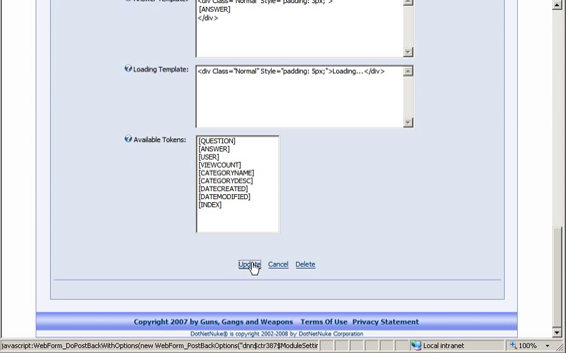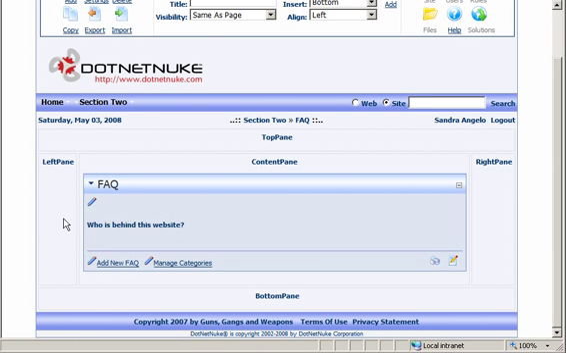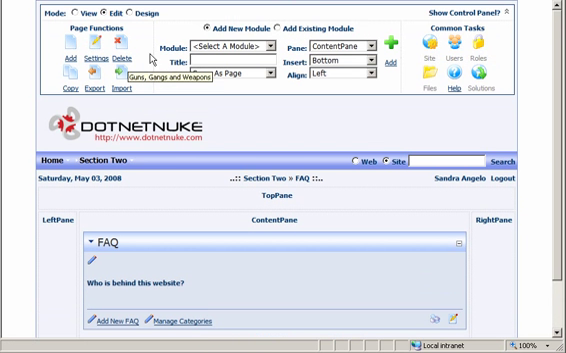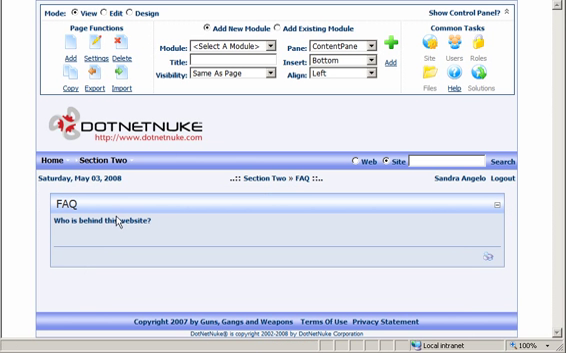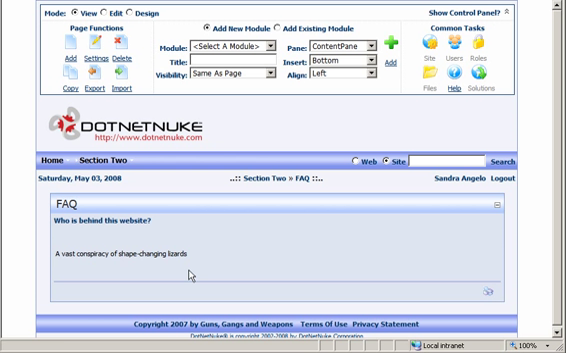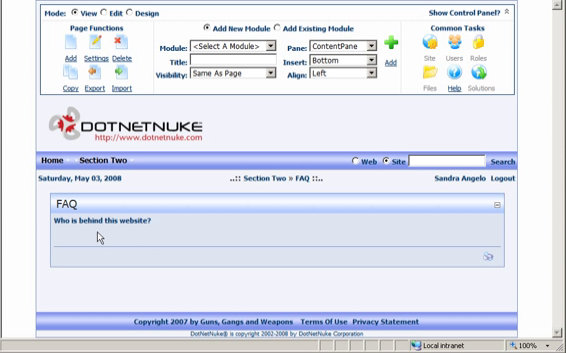Let's go into view mode. So this is what the user would see. Who is behind this website? Click: a vast conspiracy of shape-changing lizards. And if you click on it again, it goes away again. And you could have a whole series of questions, and the answers appear as people click on the one that they're interested in. This can be used in the traditional way for frequently asked questions about a website, but it can also be used to